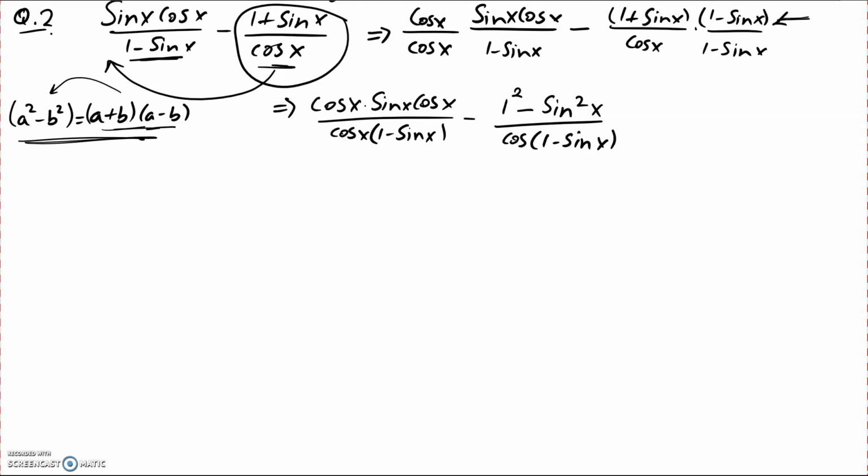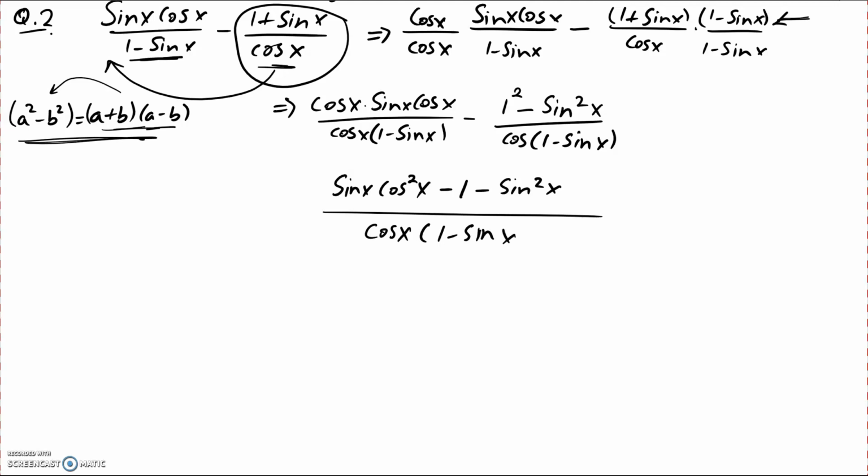Now you can see that in these two fractions, the denominators are the same. We will combine the numerators, but before you combine the numerators, I'm going to write it down like this: sin x cos squared x, and here we have minus 1 because 1 squared is 1, minus sin squared x over cos x times 1 minus sin x. Okay, now let's see what you have. Again, as I told you, whenever you have a square on sin or cos or any value, most probably you are going to use